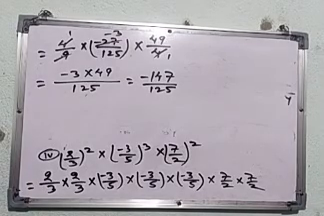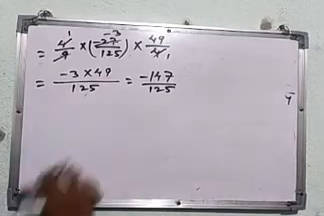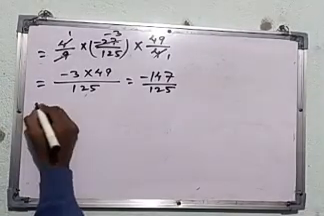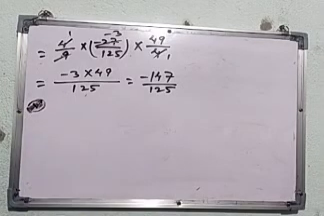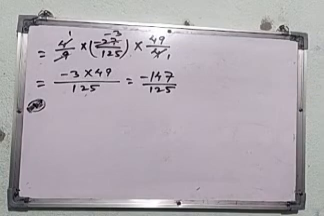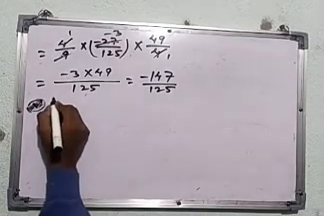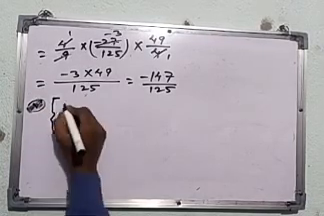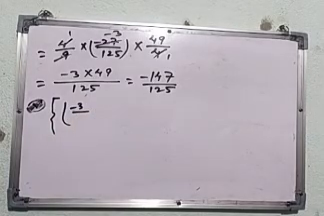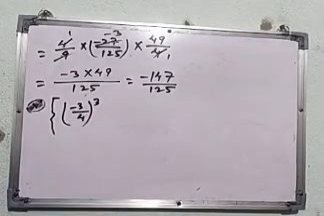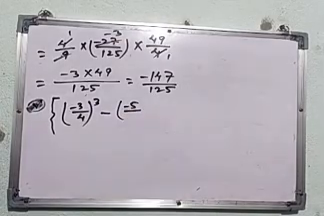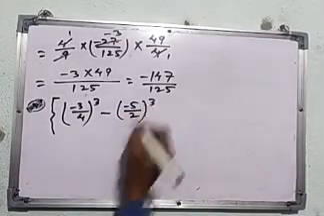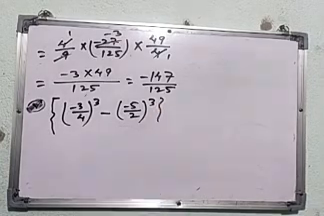Your fifth question is, first you have middle bracket minus 3 by 4 to the power 3 minus 5 by 2 to the power 3 into middle bracket